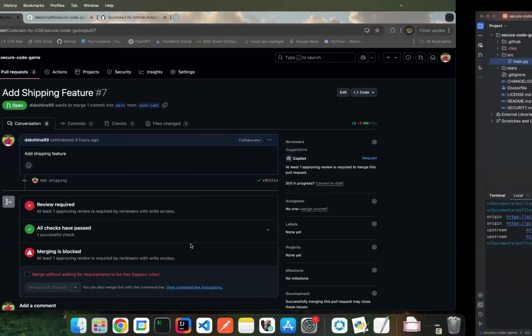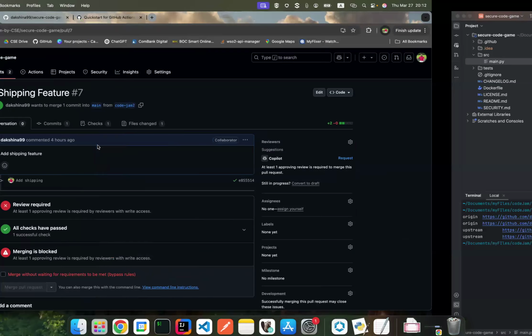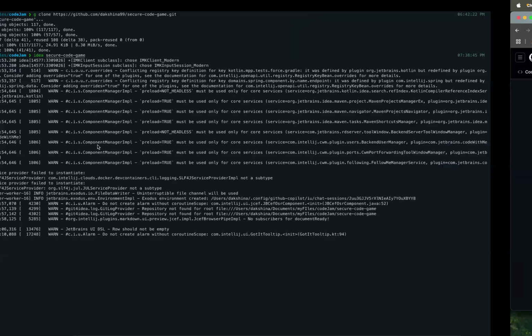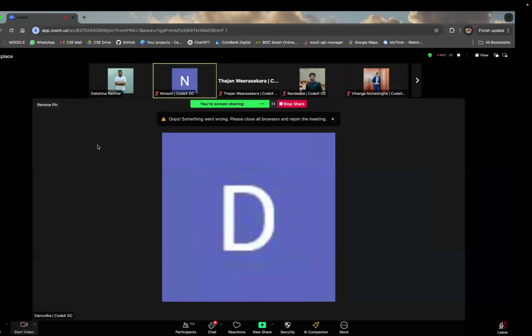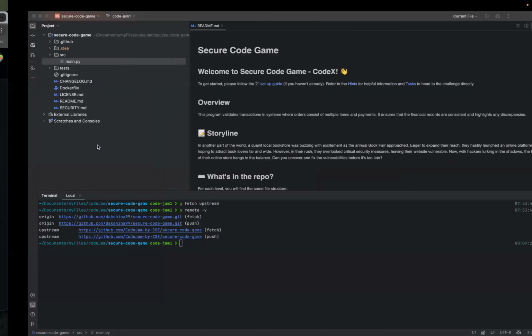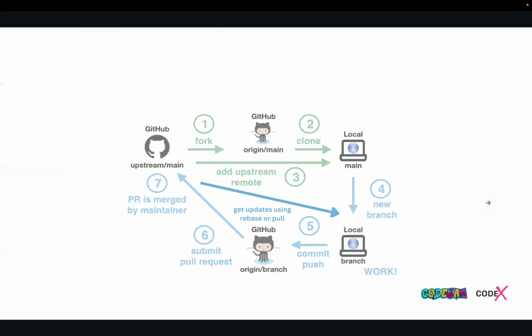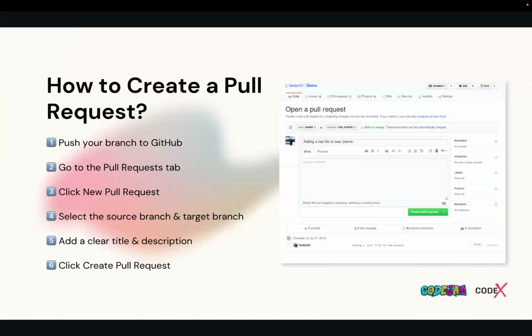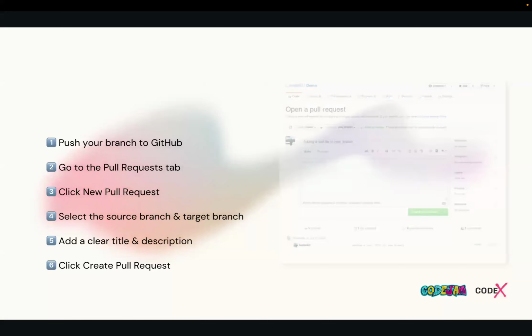So that's the need for this life cycle. I hope I'm clear. We discussed pull requests as well. Here we have how to create a pull request, and let's create one a little bit later.